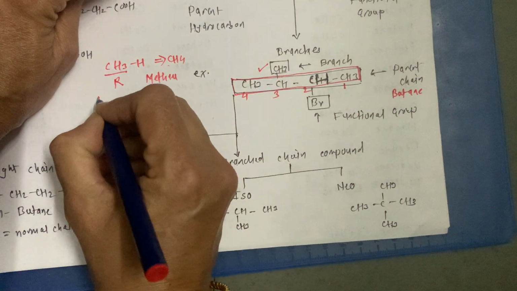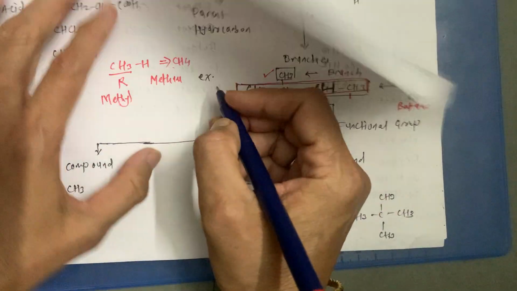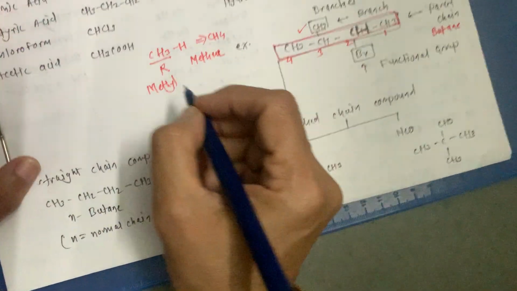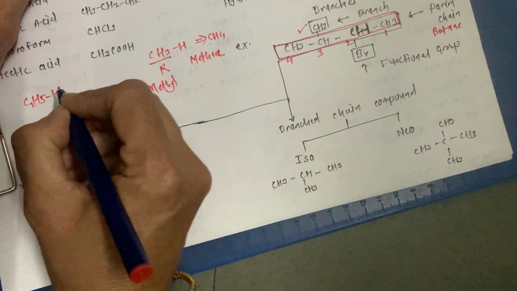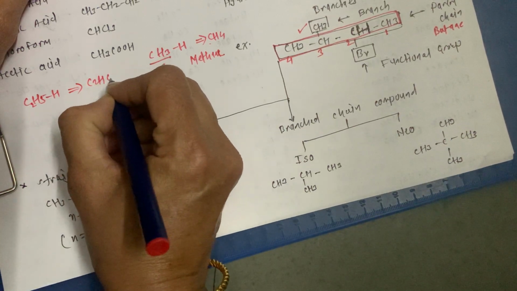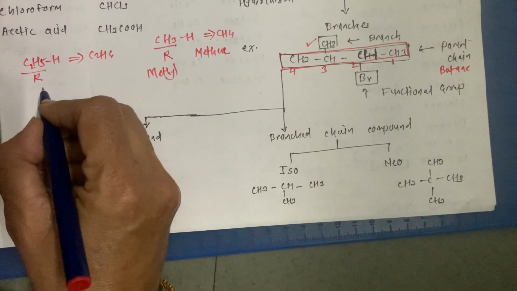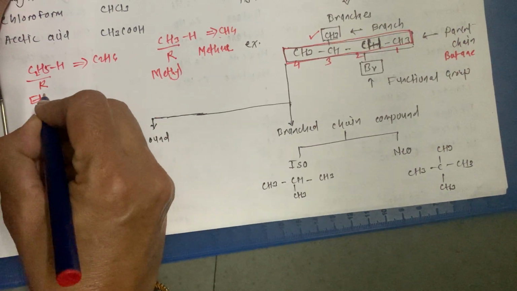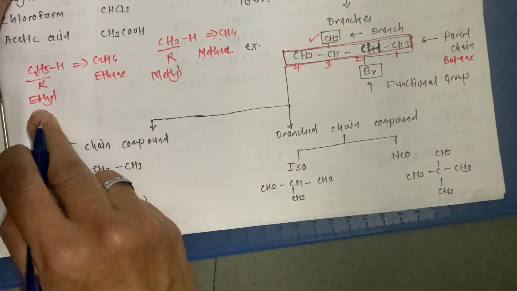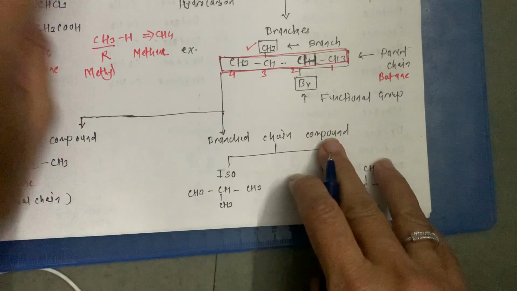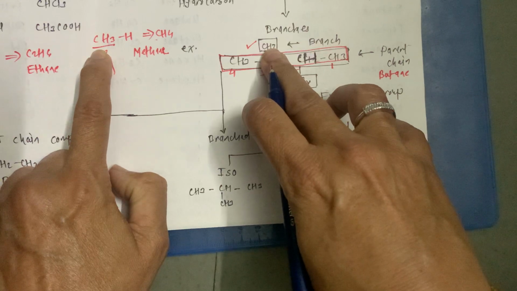So this alkyl group is known as methyl group. Okay, suppose there is ethane like this, C2H5H, totally C2H6, then this alkyl group we will denote as R is known as ethyl group. This is ethane, while one hydrogen less is known as ethyl group. Okay, so now which is this group? This group is nothing but methyl group, CH3.